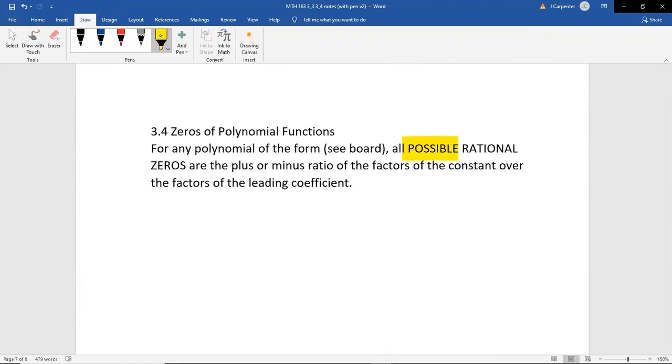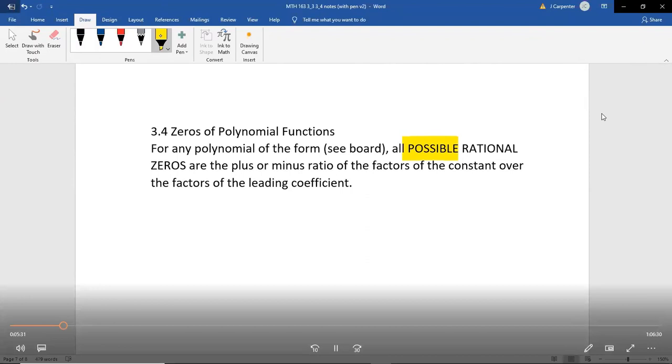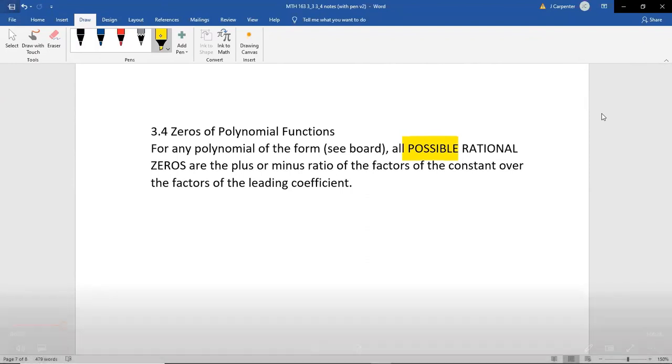So if there are any square root solutions, or any imaginary solutions, we would have to find them via another method, which usually they just get factored at the very end, or quadratic formula at the very end, or even completing the square or the square root property. There's always options. But for any polynomial of the form, that typical form of f of x equals, so the board here,